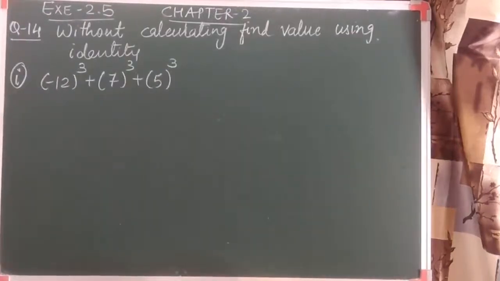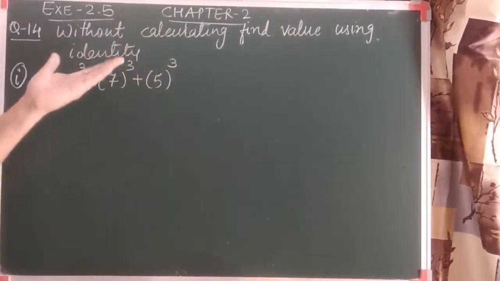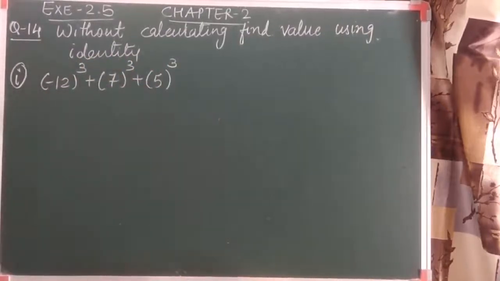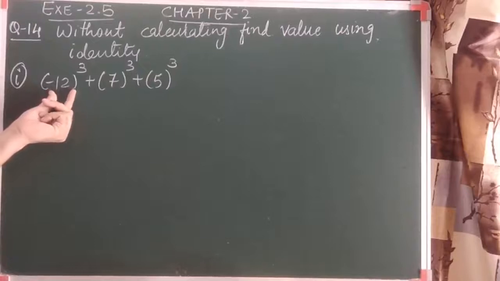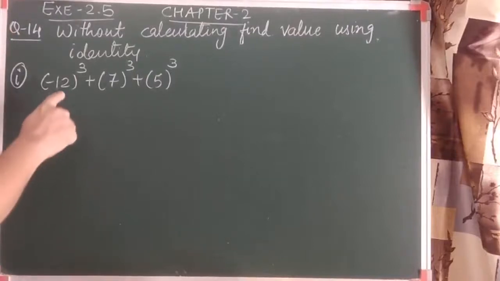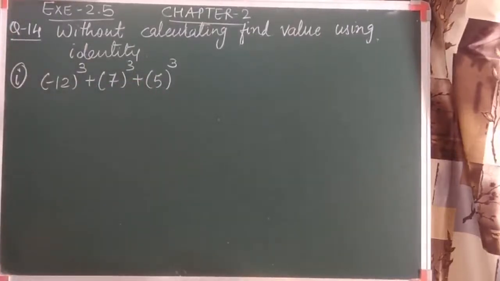Let's see this sum. It's based on the previous exercise, the previous formula which we derived. Without actually doing the calculation, doing the cube, using the identity we have to find out the value. It won't be that we have to do the cube of these 3 and then do the addition. No, it won't be like this, and if you go that way, you won't get the marks as well, as the sum becomes quite lengthy. So you can see there are 3 numbers and all are perfect cubes. You always observe either one or two terms must be negative.